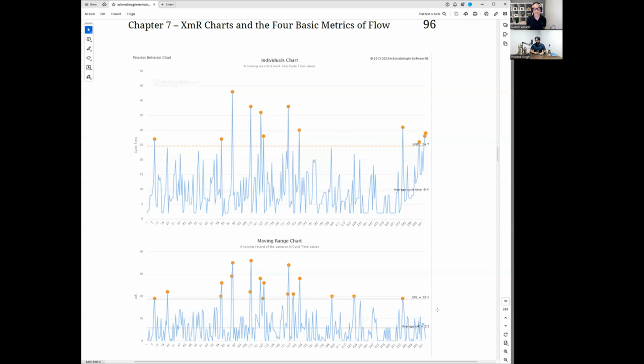Again, you would expect to see a lower natural process limit as well, but Dan, why don't we see one on this chart? Yeah, well, you pretty much explained it. So the reason for that, and I need to point out one other thing to explain why there is no lower natural process limit on this particular chart,